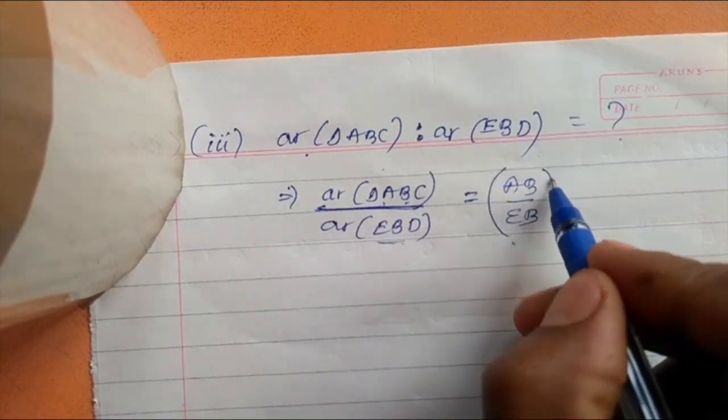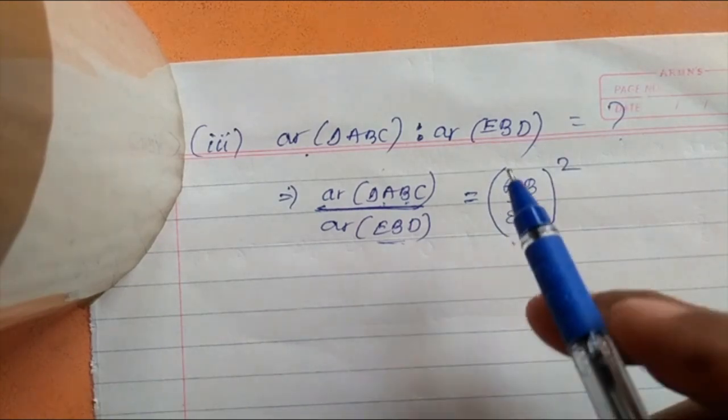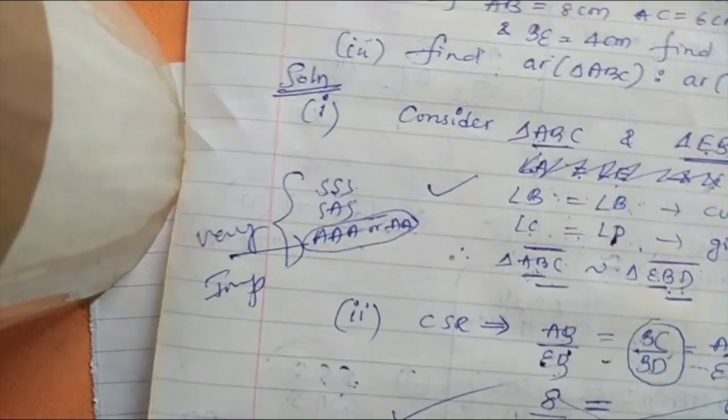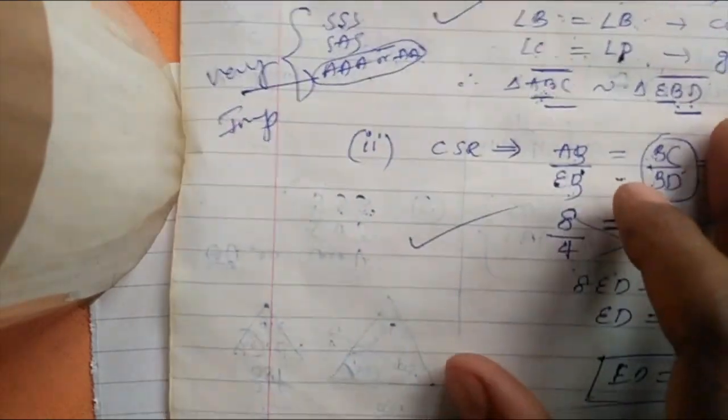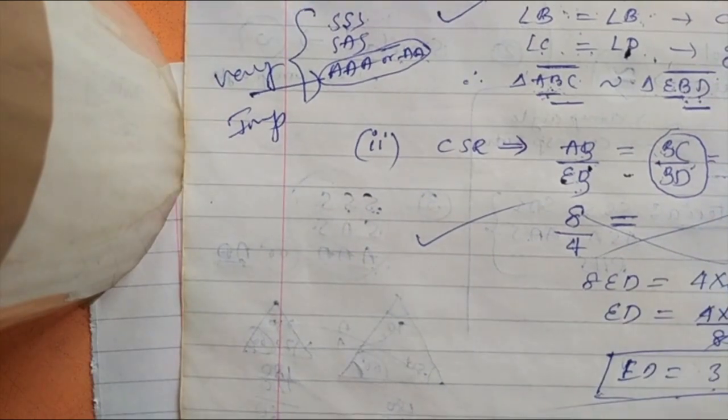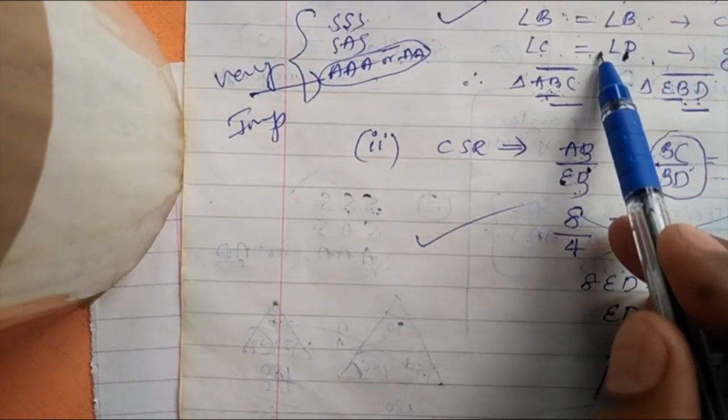And you go for whole square. So when two triangles are similar, we proved already. Look at here, two triangles are already similar, we proved. Even their ratios also we wrote, and we got ED is equal to 3 centimeter answer. So we proved triangles are similar, we got the unknown side length also.